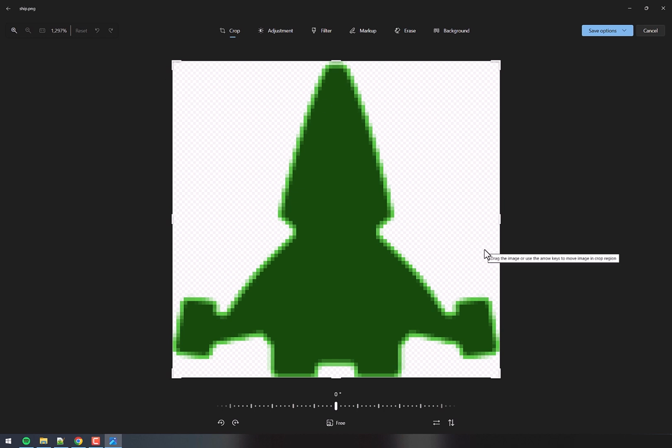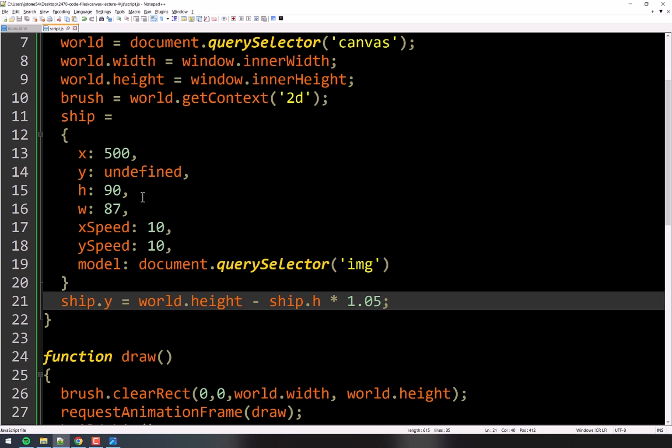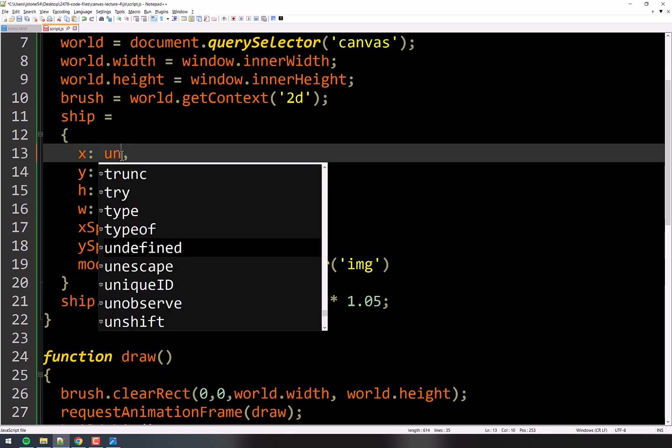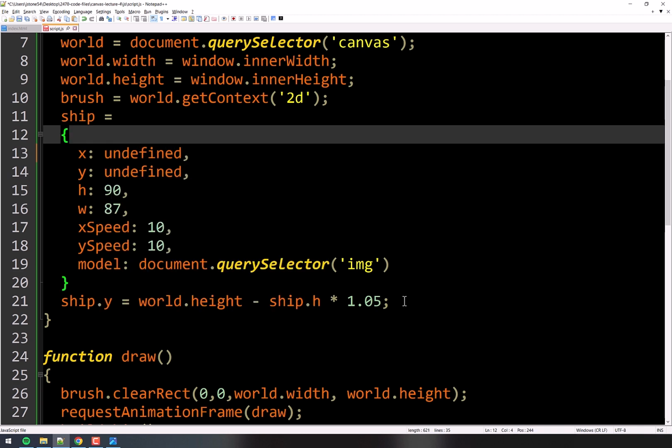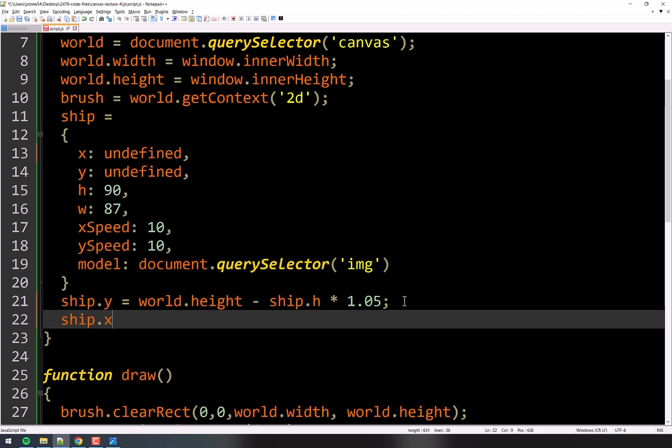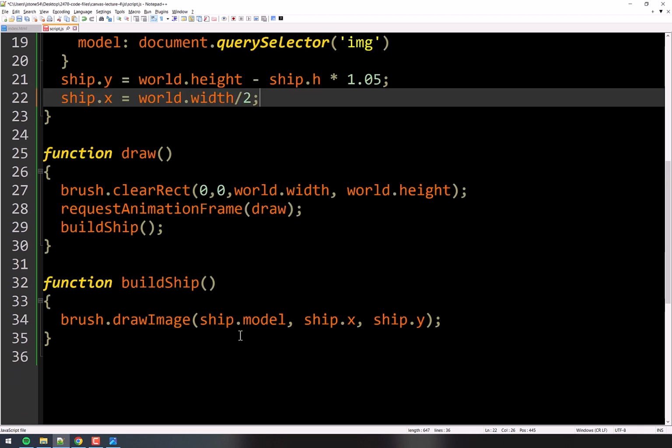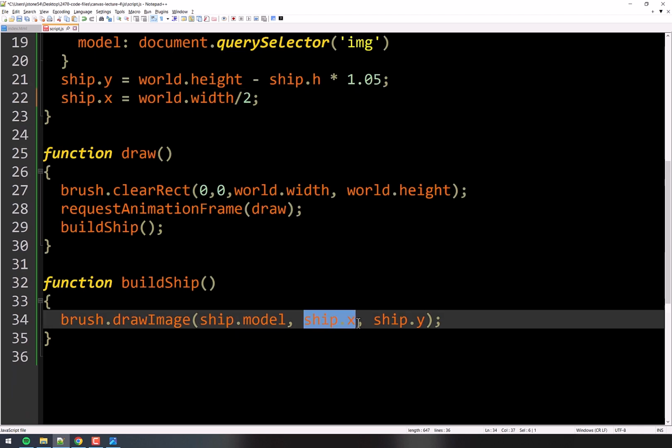So if I can get the width of the page and divide it by 2, we're almost there, right? So let's just check that out. So now I'm going to put undefined for X here. And then down here, we're going to go ahead and define it. Ship.x is equal to world divided by 2. Now, whatever that is, so let's say the world's 2,000. I cut it in half. That's 1,000. And so when we draw the ship down here, ship.x will be 1000.